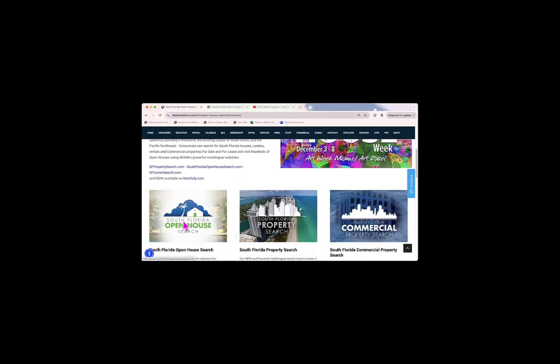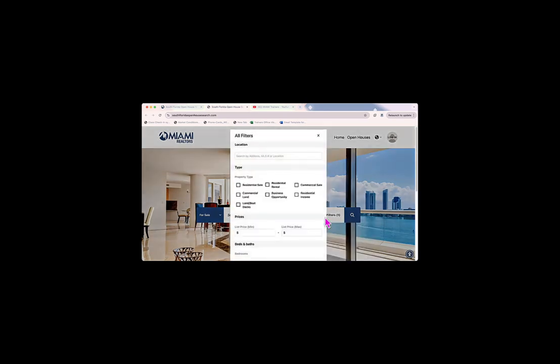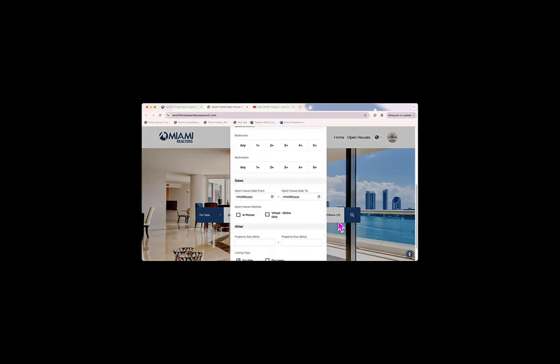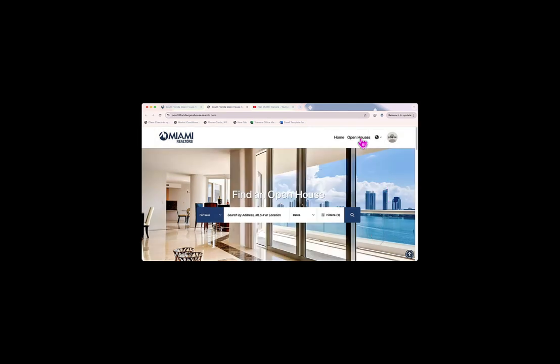And from here, you can click to South Florida Open House Search. The South Florida Open House Search page is a page for consumers to come in and search for sale or for rent open houses. They can search by address, MLS number, or location, by date, and additional filters, including property type, prices, beds and baths, dates, and other. They can also come to the top and click Open Houses,